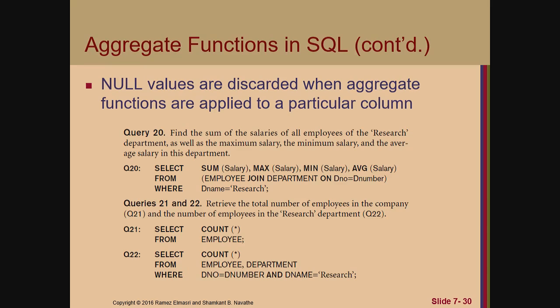We learned about nested queries. What else? Aggregate functions in SQL. Null values are discarded when an aggregate function is applied to a particular column. For example, query 20: find the sum of salaries of all employees of the research department, as well as the maximum salary, minimum, and average salary in this department. It's similar to the previous one that we tried, but they add the